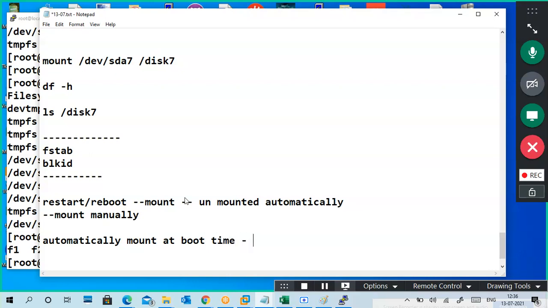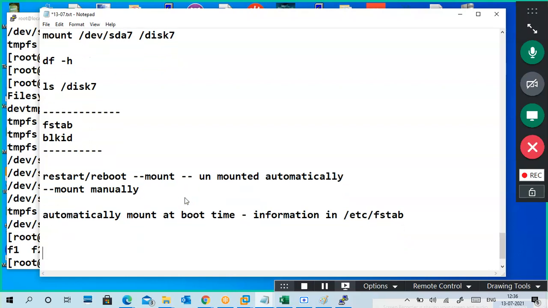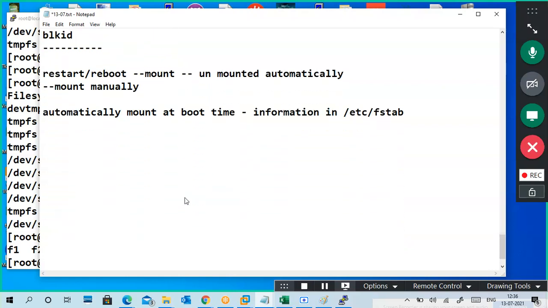So you can specify your mount information in the fstab file, that is /etc/fstab. You have to specify the information in fstab. Then whenever you start your PC, it will automatically mount your system.